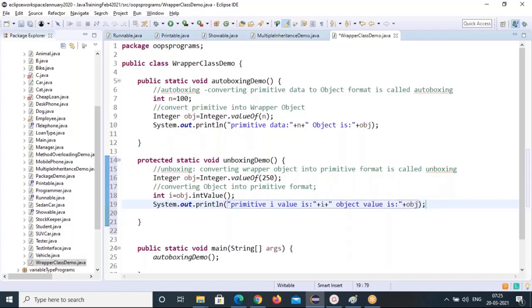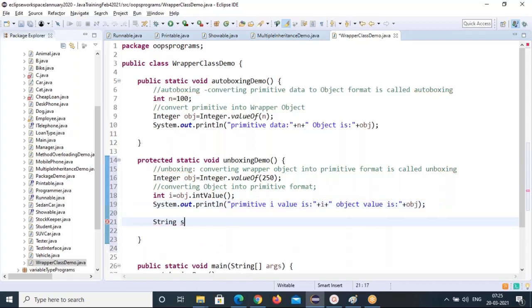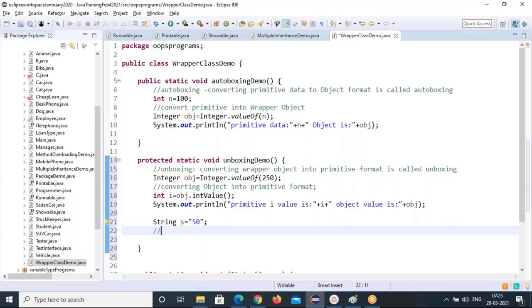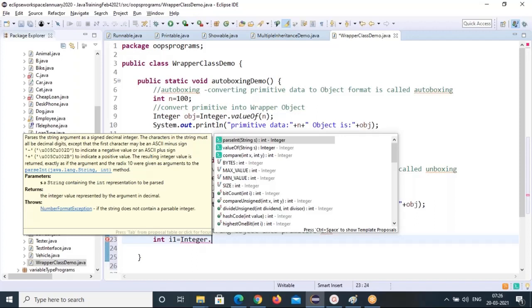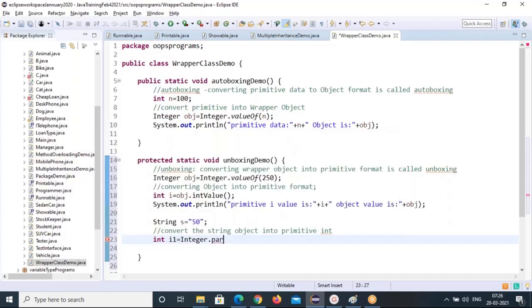This is the one. Suppose I am declaring a string s equal to 50 in string format. How can you convert that into integer format? Convert the string object into a primitive int. So this is the formula: int i1 equal to the Integer wrapper class dot parseInt. Oh, the parseInt method is there.